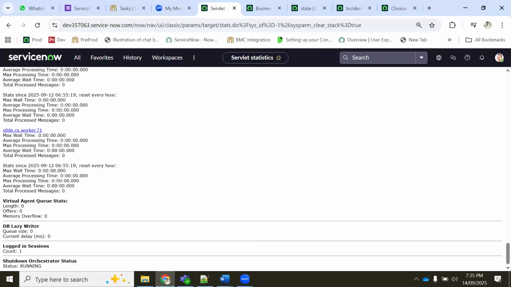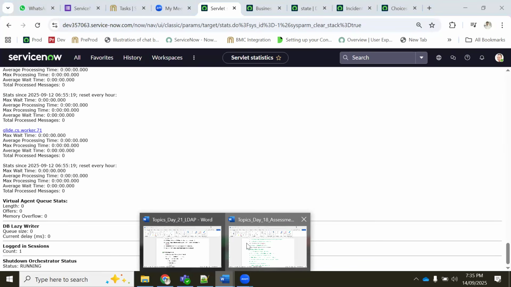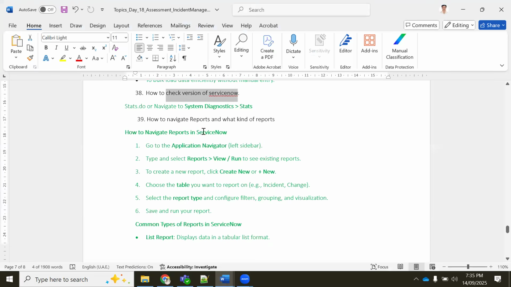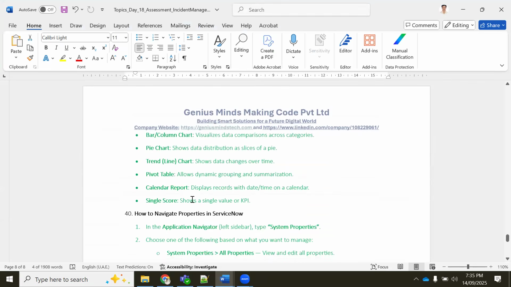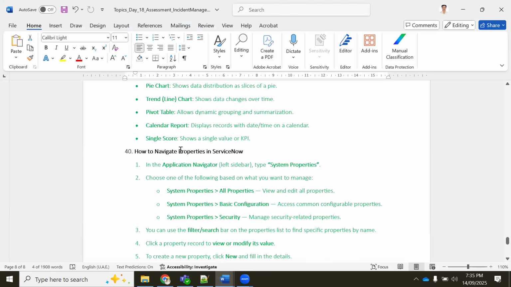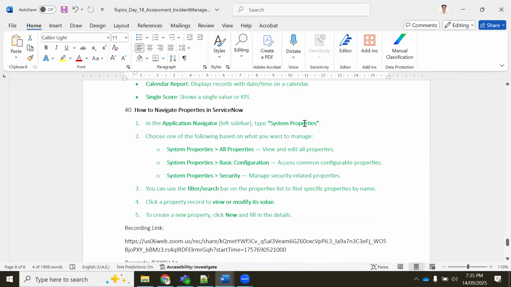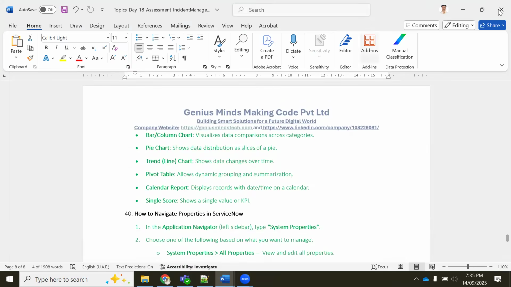Now let's go quickly. How to navigate reports in ServiceNow? We have gone through this one. Then how to navigate system properties? We have gone through it. That's all for today, and I will stop sharing and stop recording also. Then we will go for a